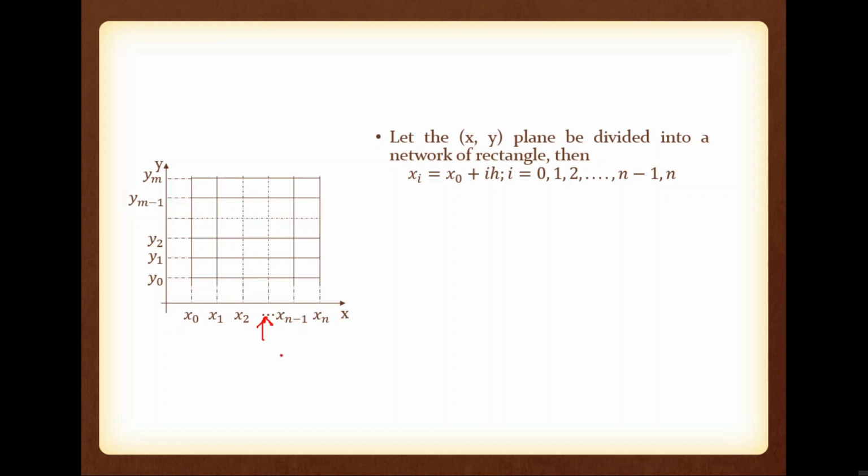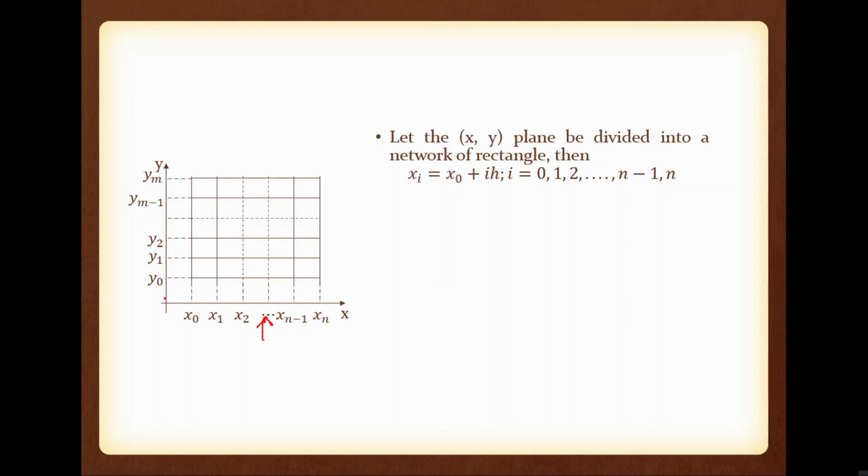Please note we are considering the finite data only. So h is the period of x data, meaning h is the difference between adjacent x points. Okay. So please note we have n plus 1 x points. So i equal to 0 to n means we have n plus 1 x points.